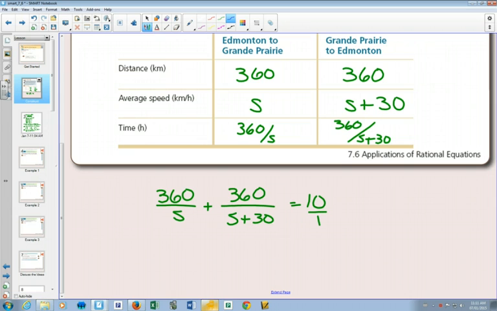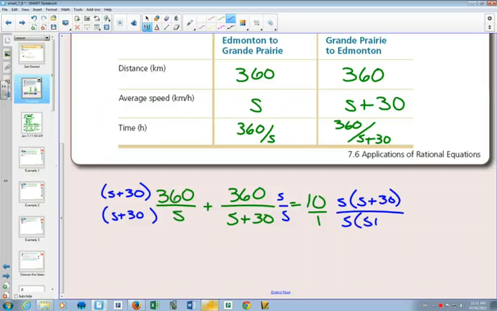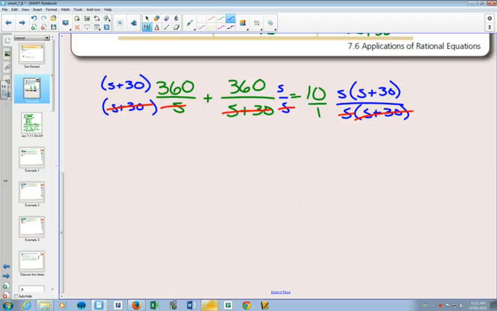So to get a common denominator between s plus 30, and 1, this one's missing the s plus 30. This one's missing the s. And this one's missing the s and the s plus 30. Now, if you multiplied the whole equation by s times s plus 30, all of these would go away, and we'd be left with 360s plus big number